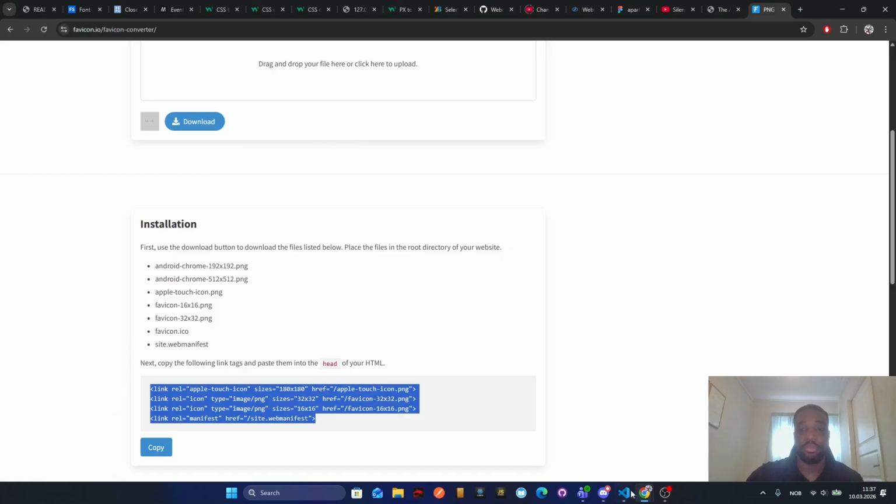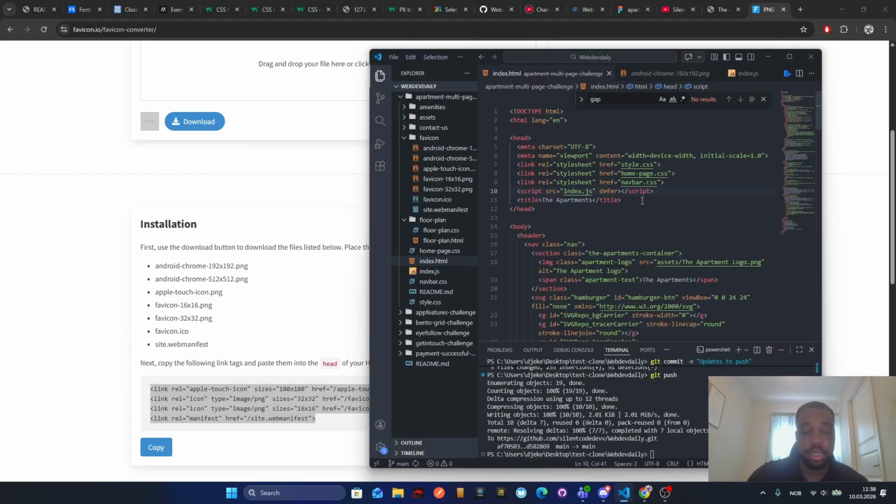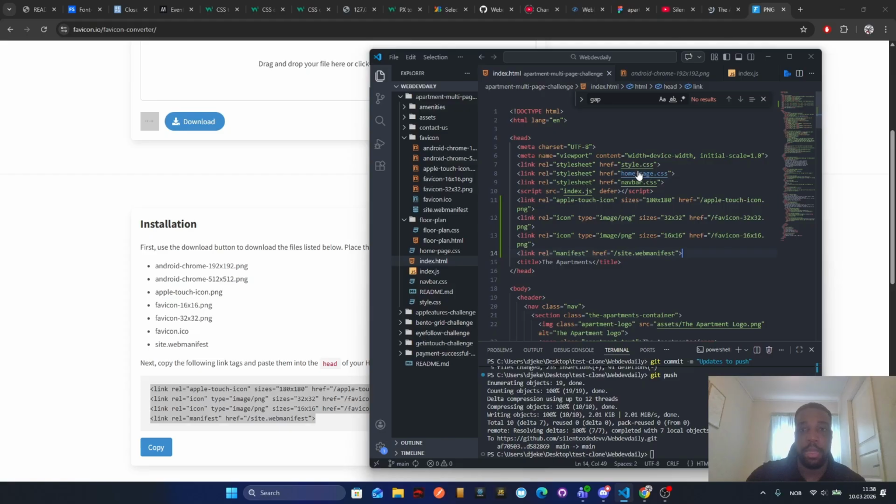I need that one. And we need to get the right path because it's in the assets folder, but we also need